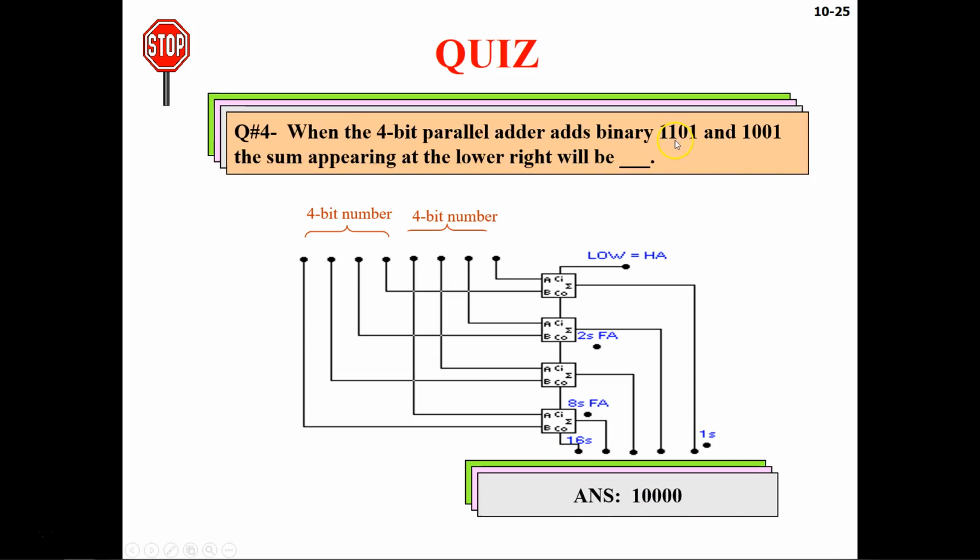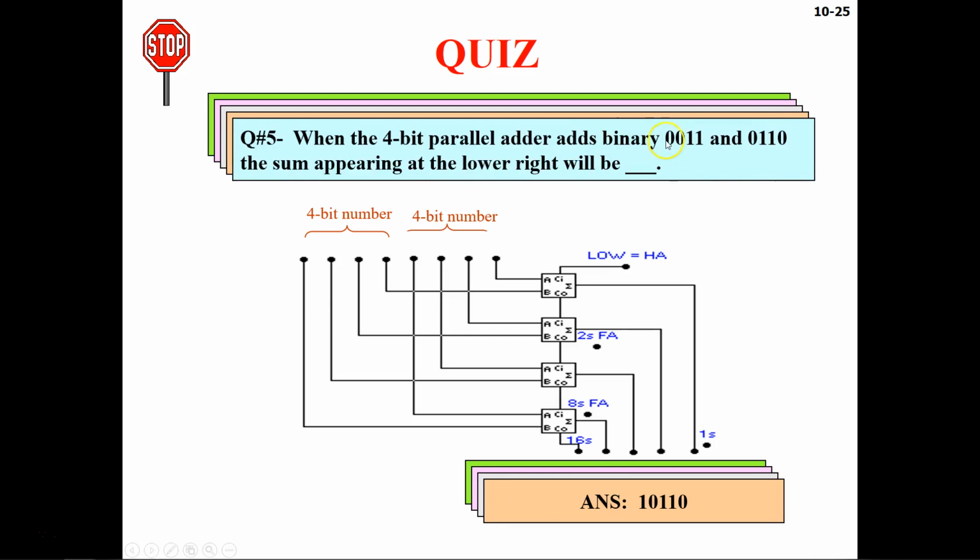Now adding 1101 and 1001. If you add this up, then you should get, so pause the video at this point, I would say, and do the calculation and check whether your answer is correct. So for this, the answer is 10110, and then another one, 0011,